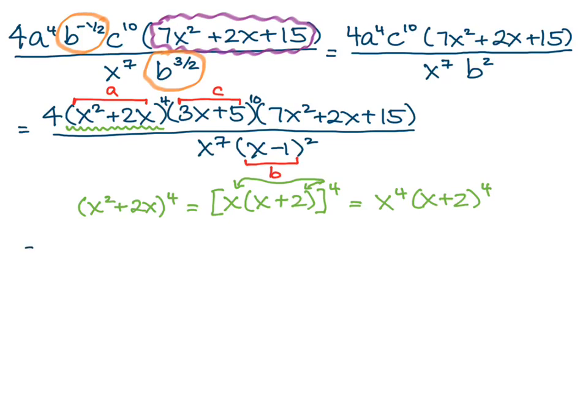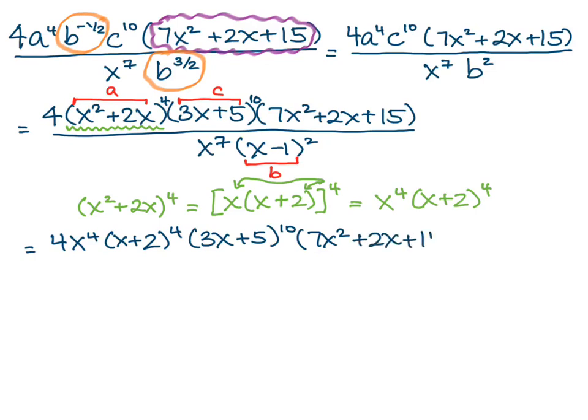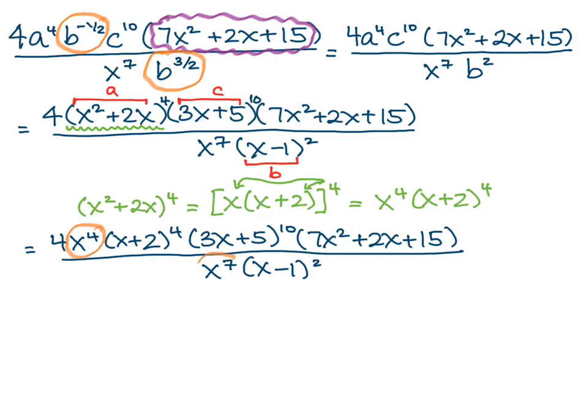So I have 4x to the 4th, x plus 2 to the 4th, 3x plus 5 to the 10th, 7x squared plus 2x plus 15. And then in the bottom, I have x to the 7th, x minus 1 squared. And now you finally see that I'm so close, but I'm going to just simplify these. I can reduce this by x to the 4th. So my final answer is